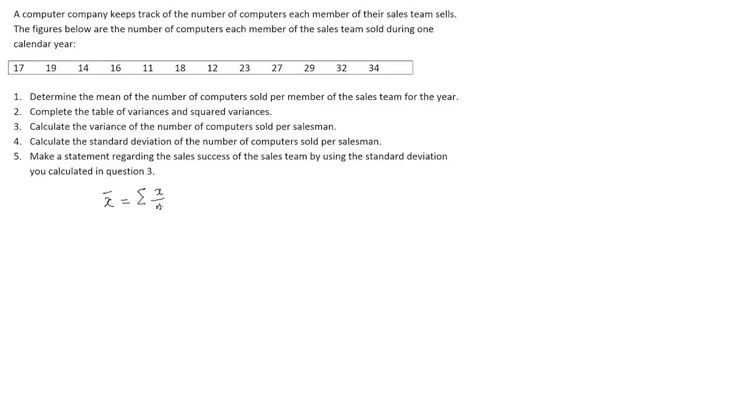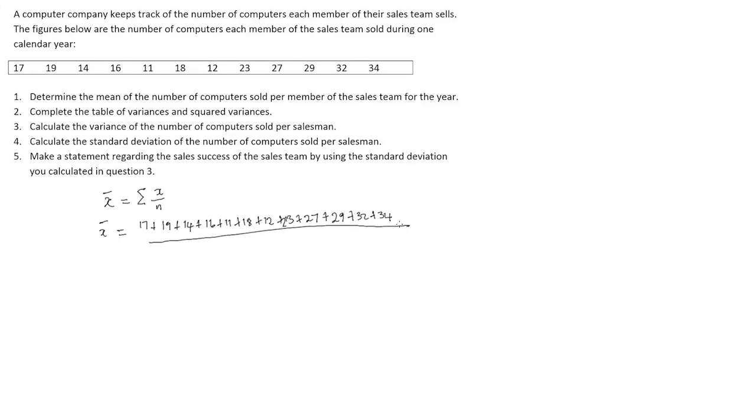Now once we have that, we can then say the mean, which is x bar, is equal to 17 plus 19 plus 14 plus 16 plus 11 plus 18 plus 12 plus 13, sorry, that's 23. 23 plus 27 plus 29 plus 32 plus 34. And this all over